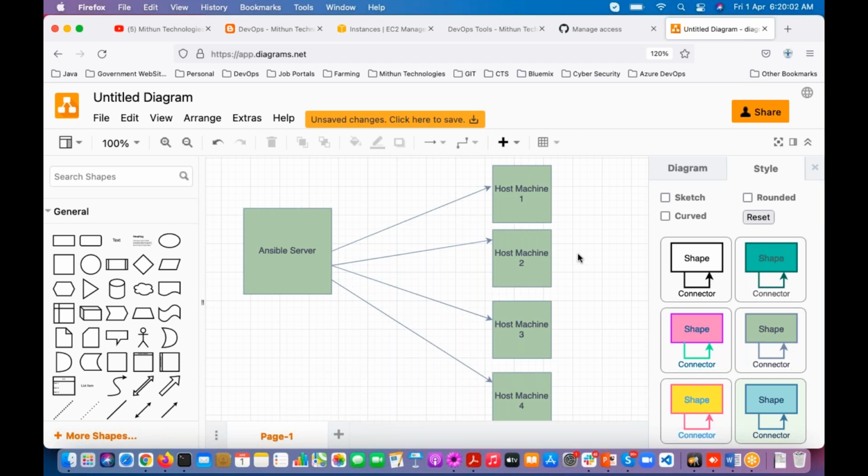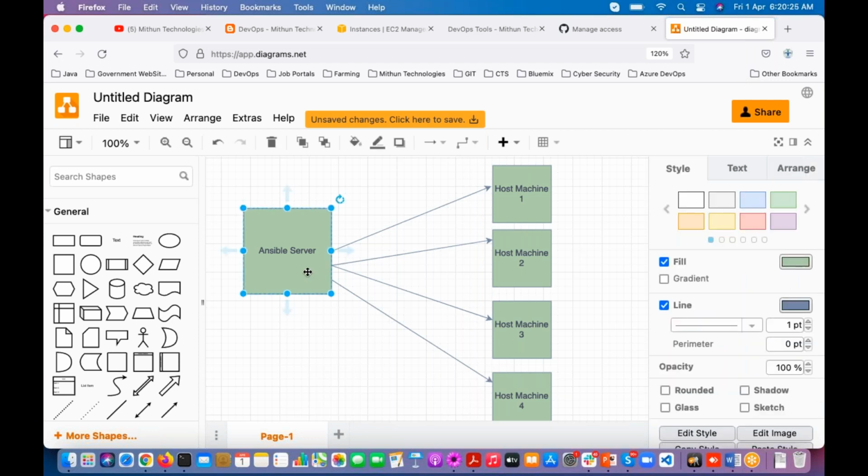He said 500 servers. Now I have one task: I want to install one software or update all the packages in all 500 servers. How much time will it take? It may take some months, but if you know Ansible, it's a fraction of minutes or hours maximum.